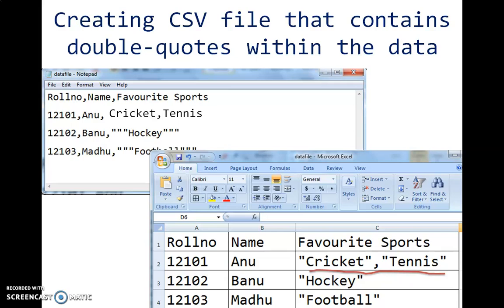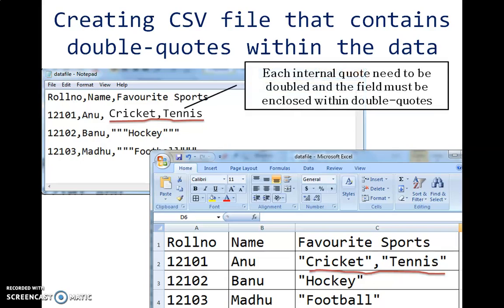In the Notepad, each internal quote needs to be doubled and the field must be enclosed within double quotes. So it should be written like this. So you can see how it is translated in the worksheet.